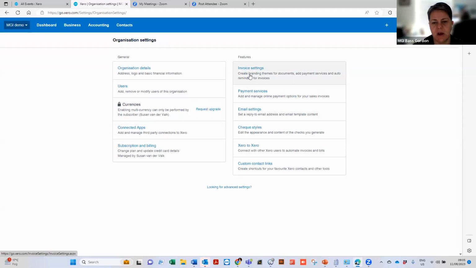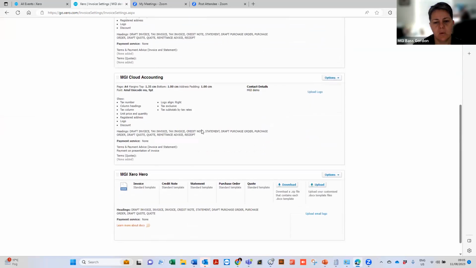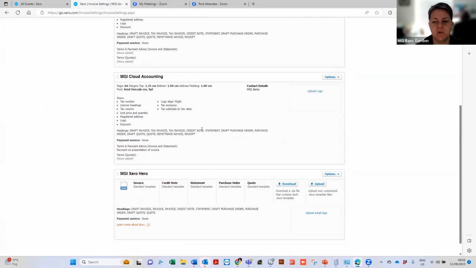Also important is to have a look at the invoice settings. So your invoice settings is when you start to have a look at your, I want to say, your theme in a way. So we have a couple of clients that have different divisions within their businesses, and with that,